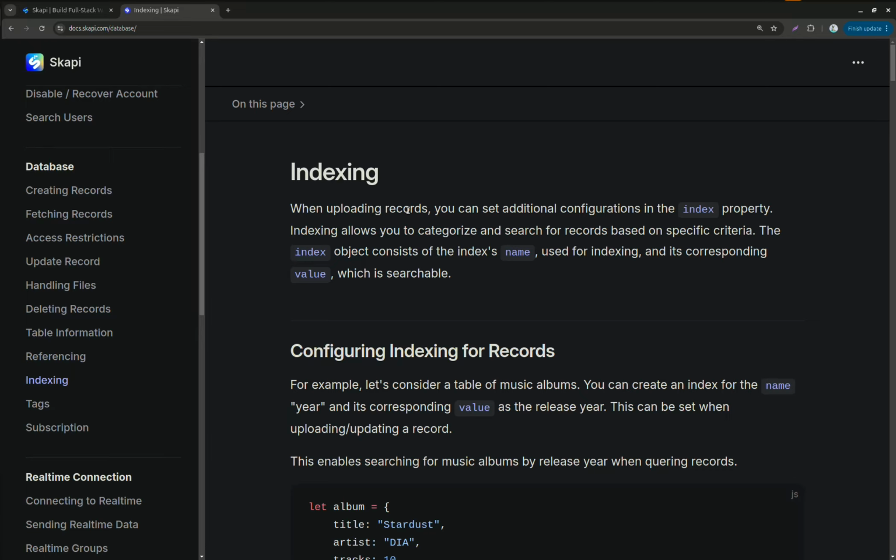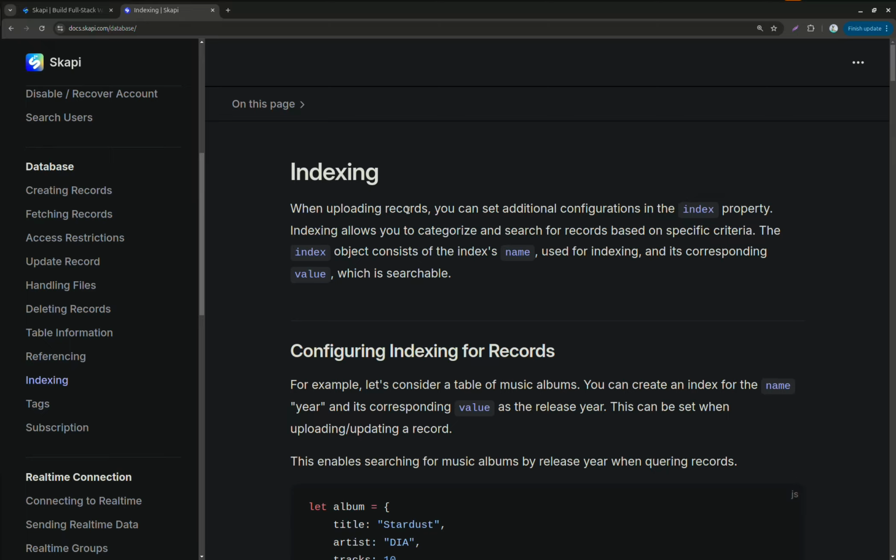With Skapi, we have a user-centric NoSQL database, which gives you a flexible, scalable way to manage your data. Since Skapi doesn't require a predefined schema, it's perfect for applications like user-generated content, chat systems, and any other dynamic data-driven app. Indexes are part of it, and they ensure fast and efficient data querying, allowing your app to scale